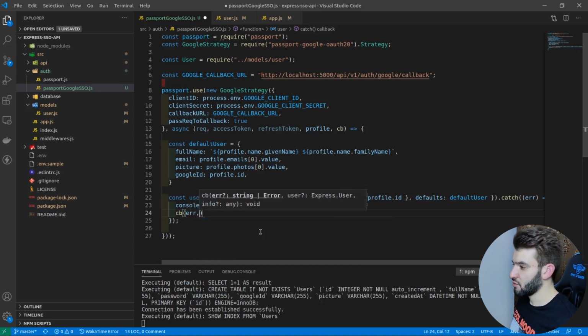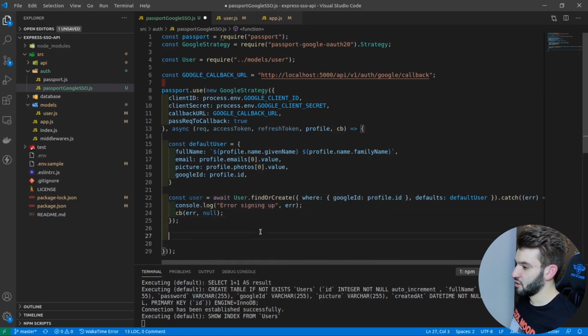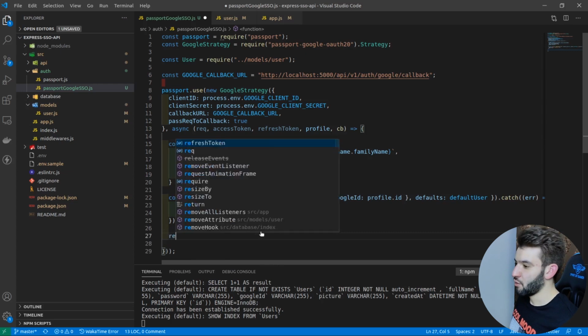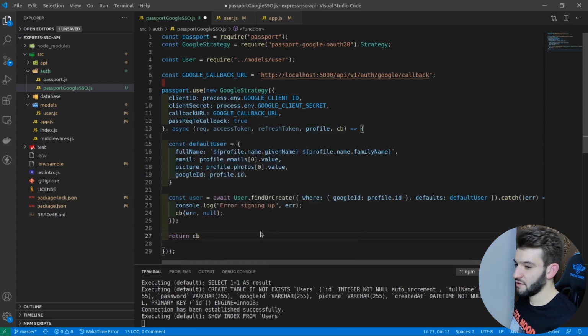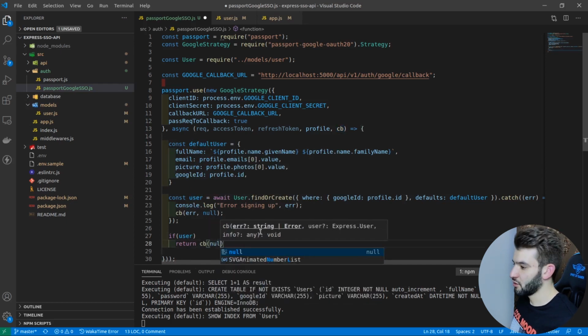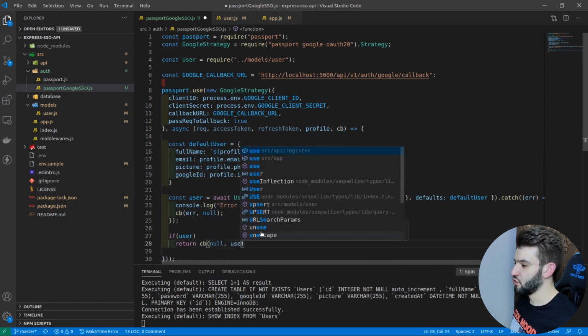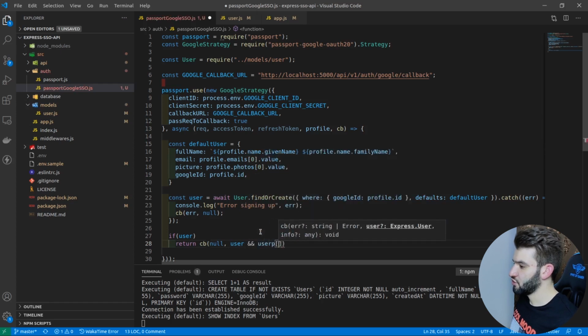So we have got an error. We don't have data because there's an error happening there, so we're going to pass in null. Cool. Now we want to return if everything goes fine and the user is actually logged in. So we want to check the user, which is good from that side. So we're going to have a callback, null as error, and user[0] as the user,